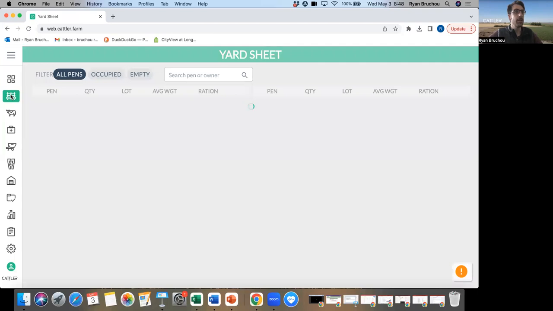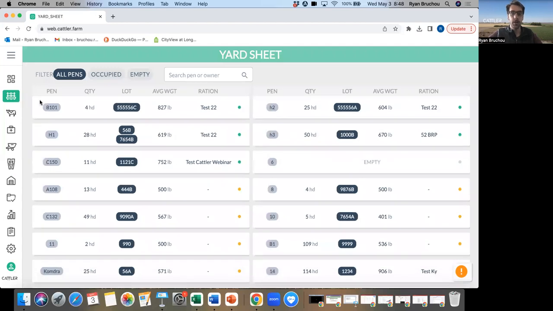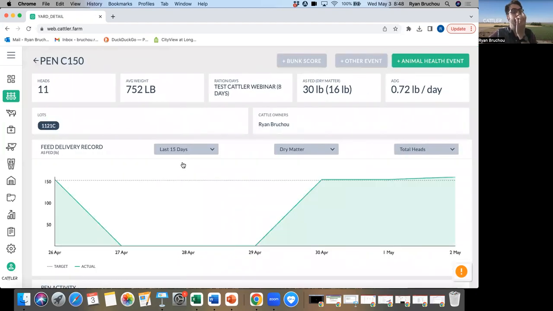Remember that the yard sheet is where you're able to see an overview, on a per pen basis, of all these pens. You have a graph in which you'd be able to see your feed delivery record. Again, this being a dummy account, I didn't feed for the last 2 days, but ultimately, the idea is that the dotted lines would be the target for feed, and then the dark green line would be the actual,